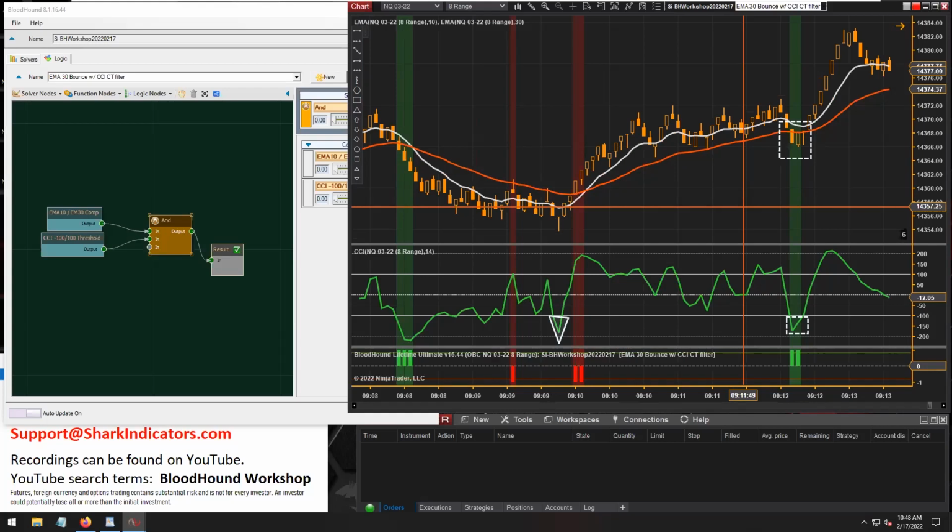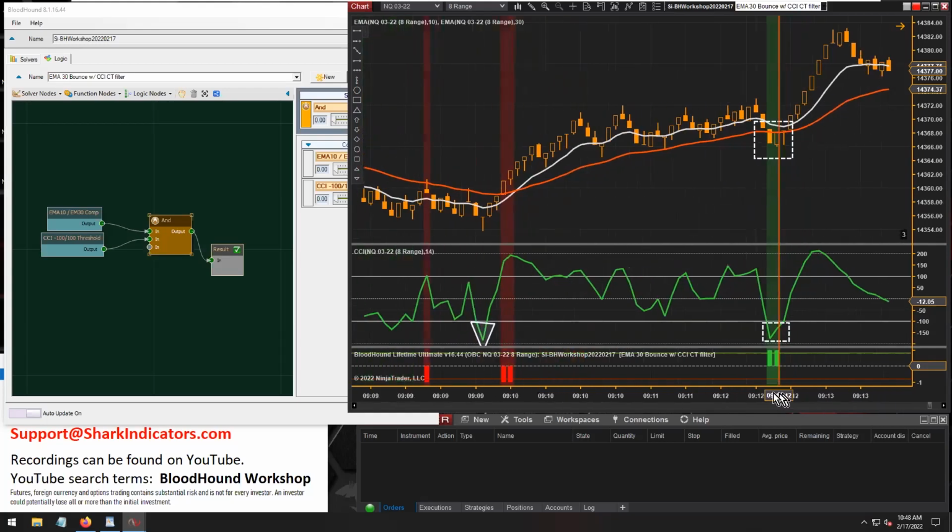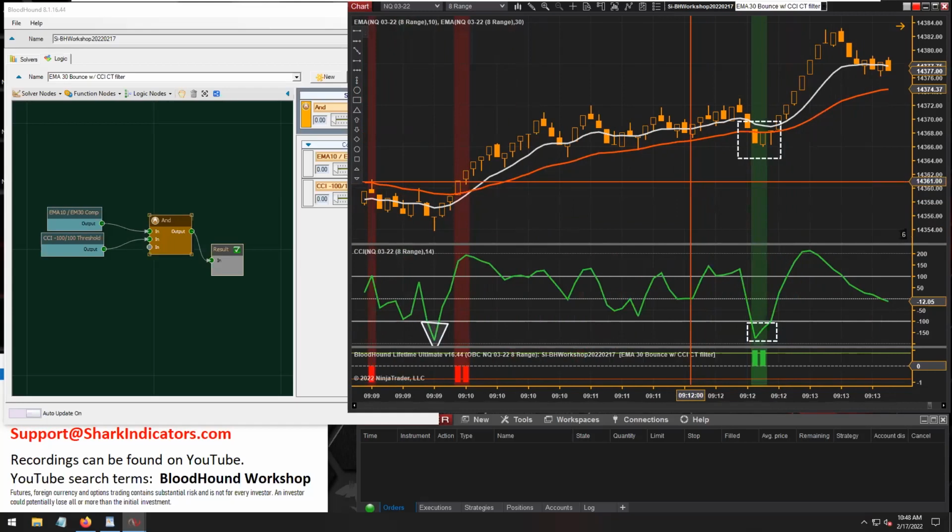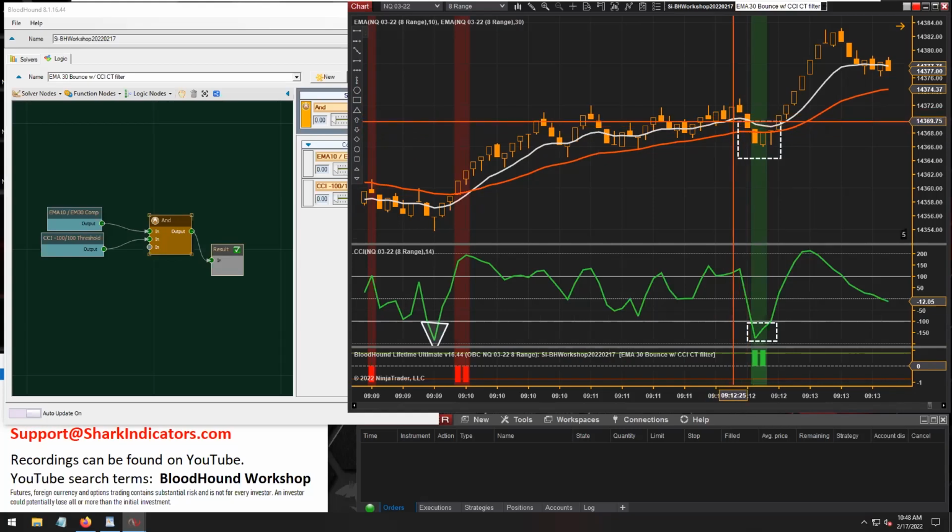Bounces are very subjective. So I will just keep it simple because I was not provided any details on what a bounce looks like. What I'm going to do is make sure that price is above